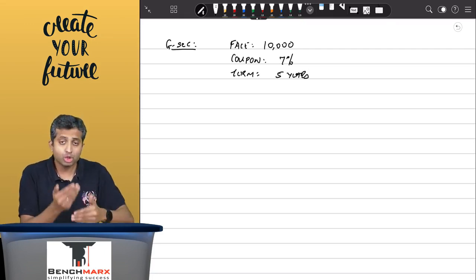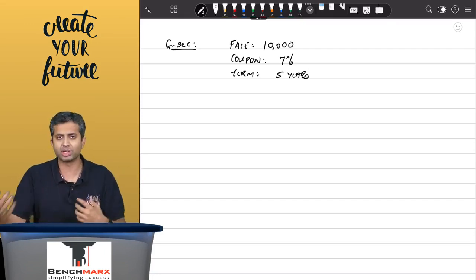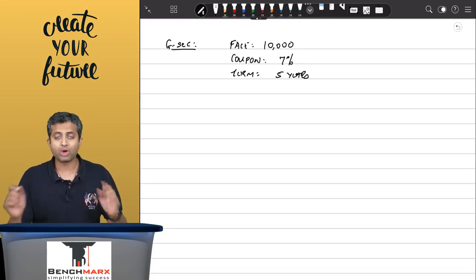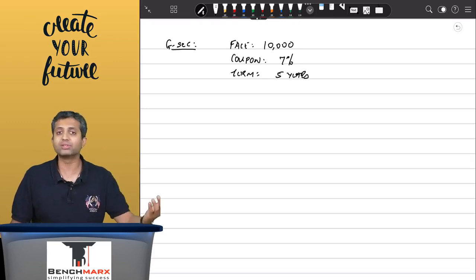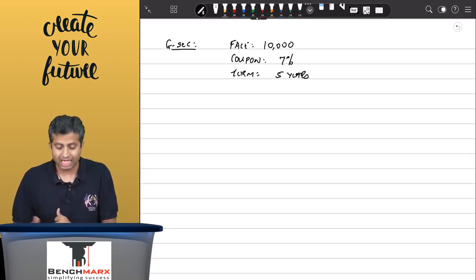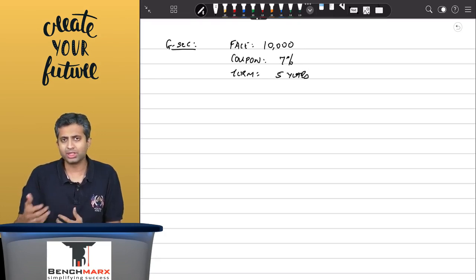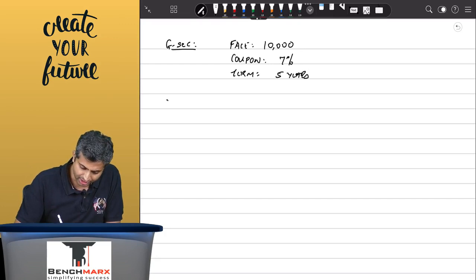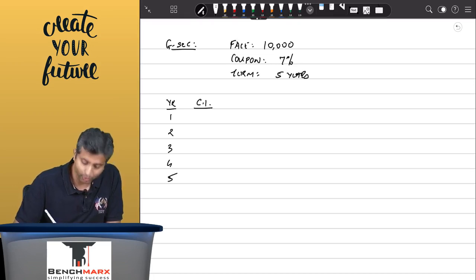So over here, you will get the coupons of 700 each, and you will also get the principal value of, let us say, 10,000. So the value of a bond is considered to be the present value of all of these future payments of 700 each as well as 10,000. And hence, this will be the value of a bond. So we will take, let us say, years 1, 2, 3, 4, and 5. We will say that the cash inflows, CI, that an investor will get from a bond is 700 in the